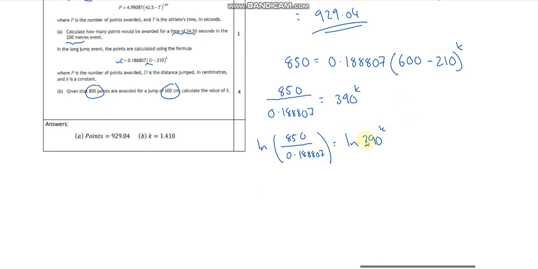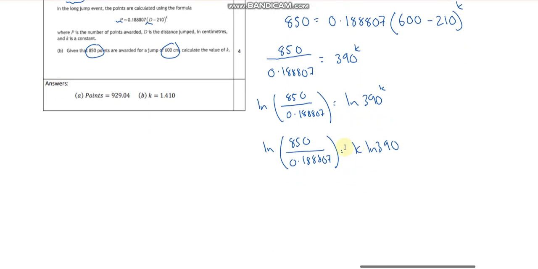I can then bring K down. I can say, fantastic, I've got my natural log. This is getting quite big to write, but K ln of 390. So slightly different this time. It's not cancelling out. We're simply putting the log there so that I can then bring the K down. So did I have to take the natural log? No. I could have unlogged to base anything. As long as there's a log in here, I could have brought it down. I'm just sticking with the natural log because that then works really well for the exponentials. So it saves us having to think, which log am I going to do? And then finally, I'll say log of 850